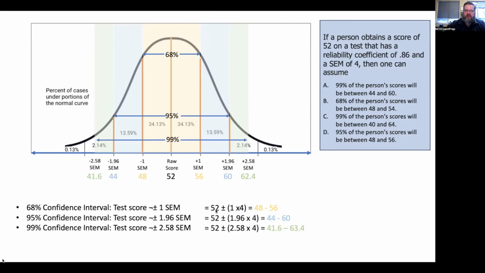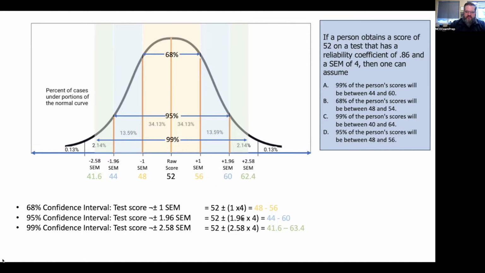So using our raw score, which is 52, plus or minus 1 standard error of measurement, which is 4, we can see that there's a 68% chance that the score is going to fall between 48 and 56. That's our raw score minus 4 and our raw score plus 4, because the standard error of measurement is 4. There's a 95% chance that the score is going to fall between 44 and 60. That's 2 standard errors of